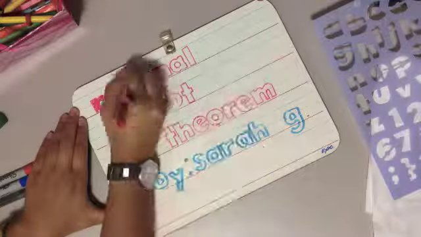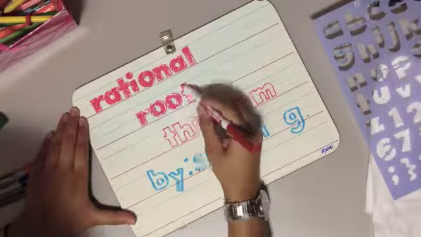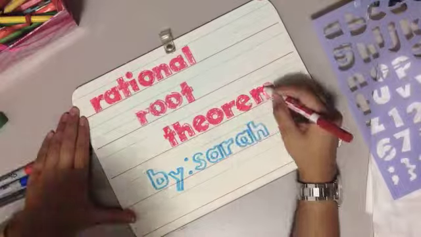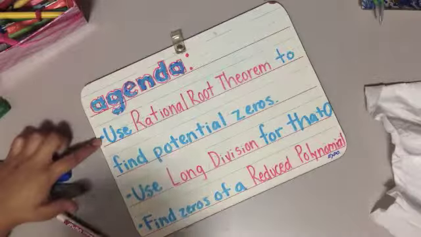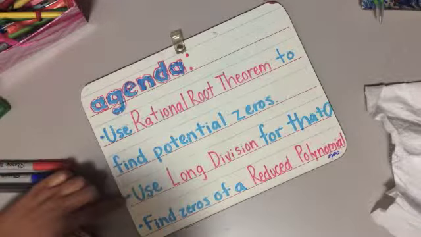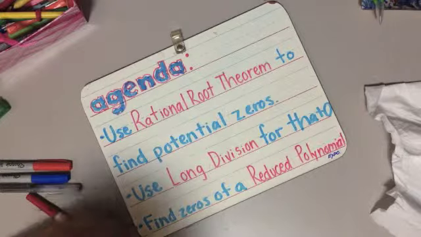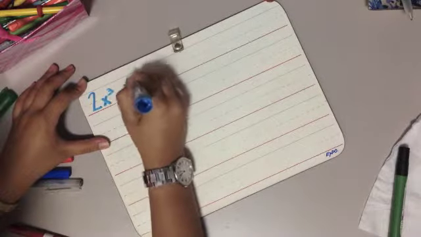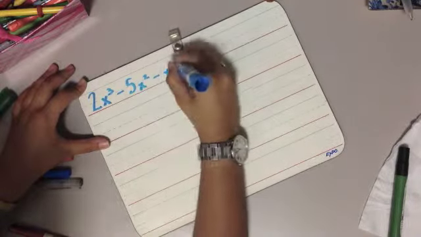Hello, today we will be discussing the topic of rational root theorems by Sarah Gomez. We will use the rational root theorem to find potential zeros, use long division for that zero, and find the zeros of a reduced polynomial. The problem that we will be doing today is 2x cubed minus 5x squared minus x